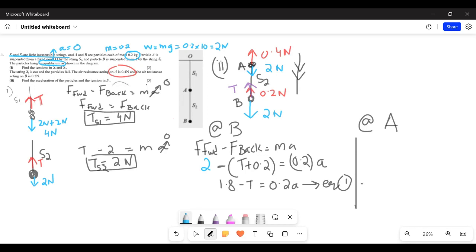एक तो 0.4 न्यूटन अपवर्ड रेजिस्टेंस की फोर्स, एक वेट की फोर्स डाउनवर्ड्स 2 न्यूटन, और एक और चीज है। B की कोई फोर्स A पे अप्लाई नहीं हो रही। देखो, टेंशन चेंज हो गई है। पहले पार्ट में सिस्टम एट रेस्ट था, एक्सेलरेशन 0 थी। अब सिस्टम इज फॉलिंग, एक्सेलरेशन 0 नहीं है, टेंशन डिफरेंट होगी।